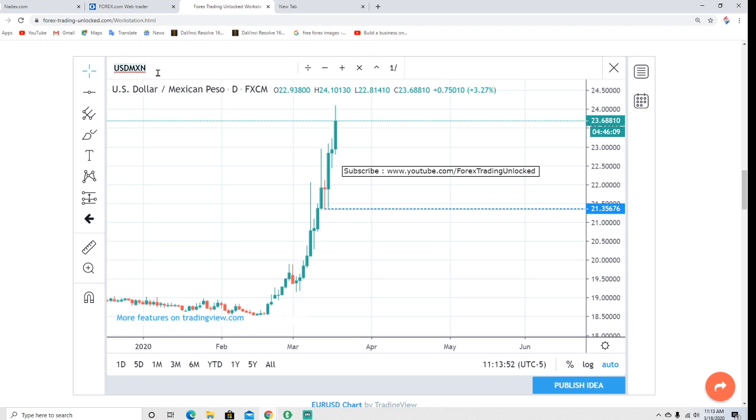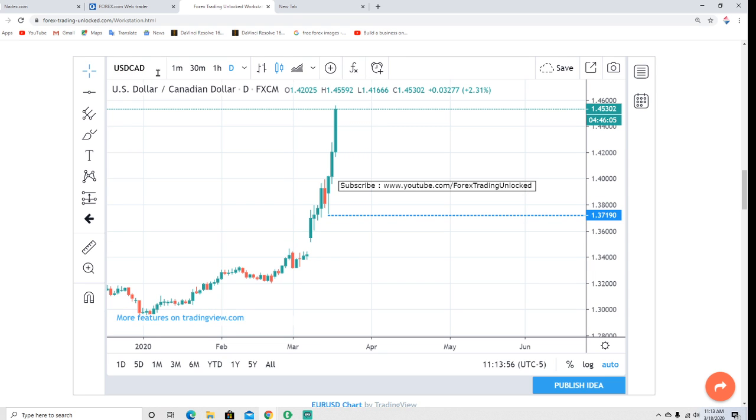So now let's go to the US dollar, Canadian dollar. Let's go north of the US border, which, speaking of borders being closed, those are now closed too. So today we have a big rally going on in the US dollar, Canadian dollar. Our downside pivot is the low from 2 sessions ago at $1.3719. We have a gap below there to fill. Are we going to see that anytime soon? Well, we could, but right now I think this is going to continue to press on as well. For how long? I don't know, but I would say we probably have to consider that this dollar rally that's going on may last for another month or so.